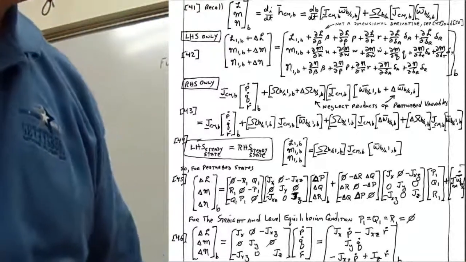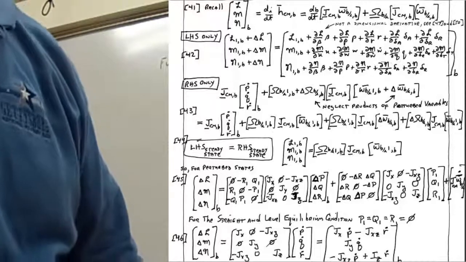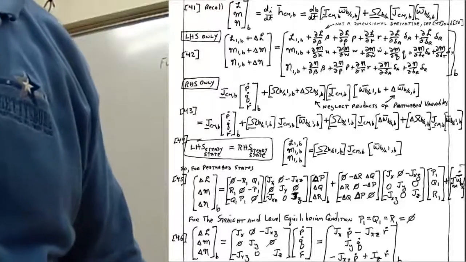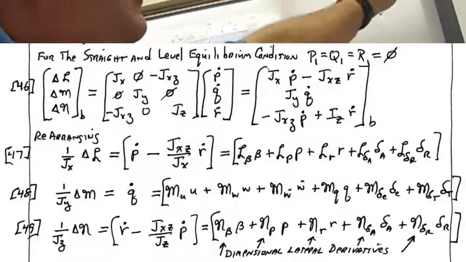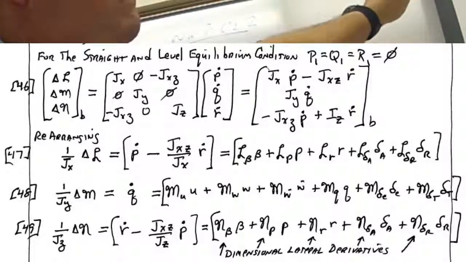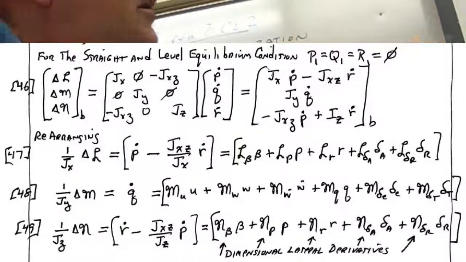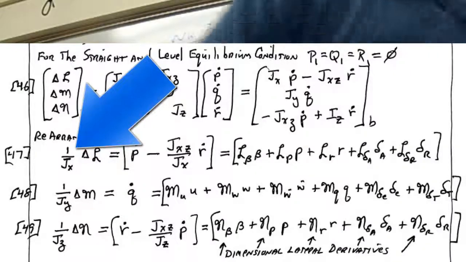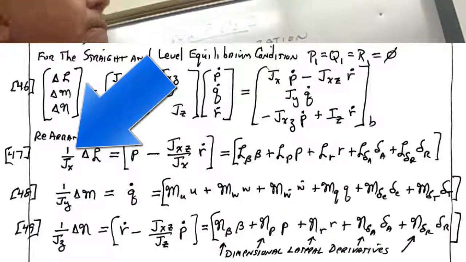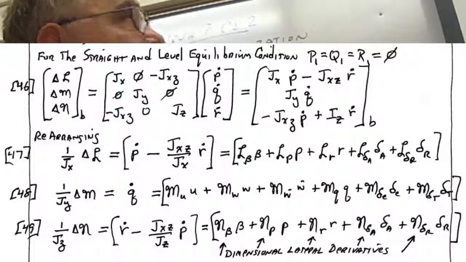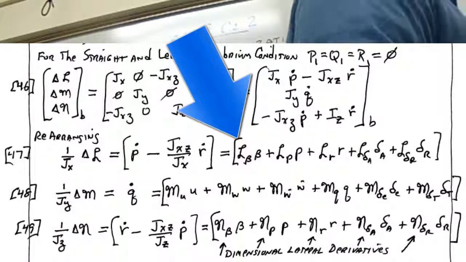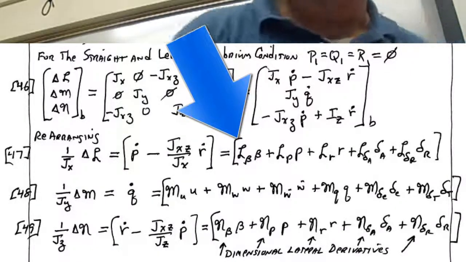And under straight and level conditions, you end up with equation 46. For equations 46 through 49, these are what you see in textbooks for the lateral equations. Notice how I've separated the motion variable. I've divided through by Jx, Jy, and Jz so that I isolate that. You have to do that in order to get your dimensional derivatives, right? So these dimensional derivatives in this expansion are normalized by the respective moment of